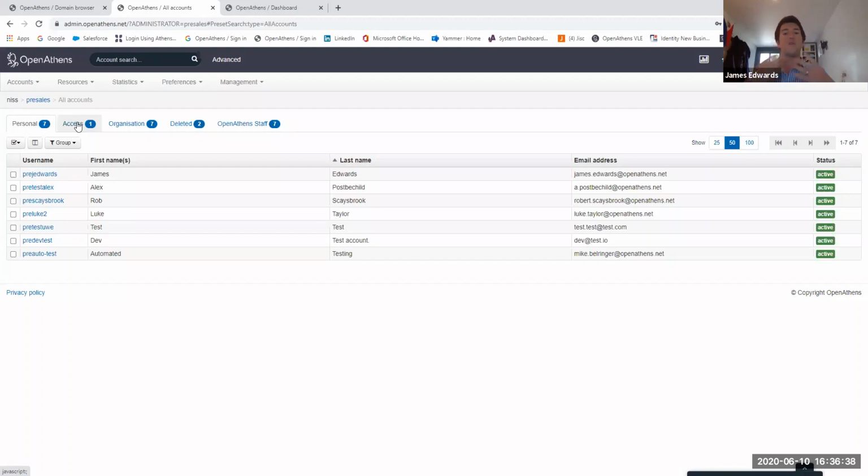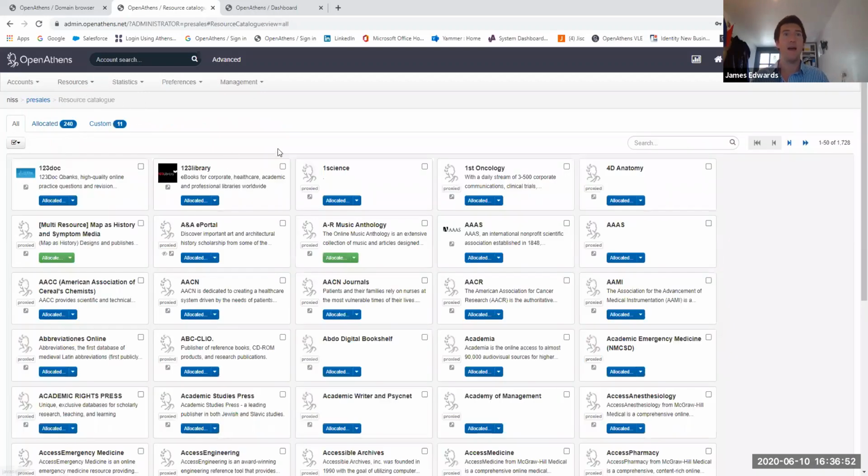So that's the first bit. Now you've got your users in the system and they're starting to appear and log into OpenAthens. Obviously now they need to have that content to access. So for that, we've got the resources and the catalog here. And this is where you will now add the subscriptions to your account. During the setup, we would do this as much for you as we can. We will contact the publishers, because what's involved is we need to tell them your subscriptions and the people you subscribe to that you're moving to OpenAthens, and that they will now need to accept OpenAthens as the authentication method. So yeah, we'll do as much of that for you as we can.